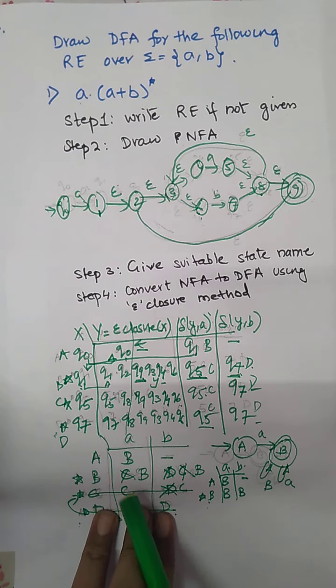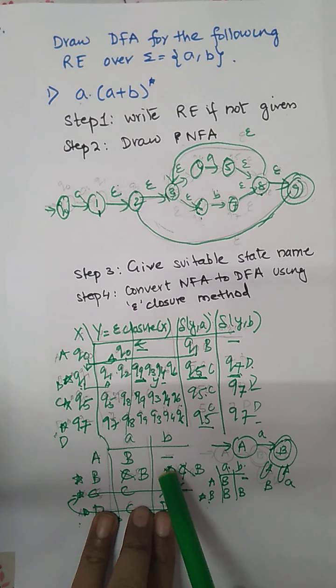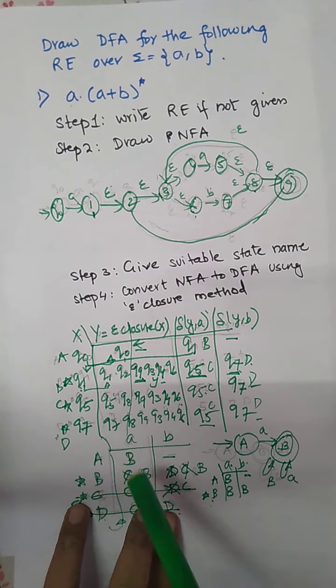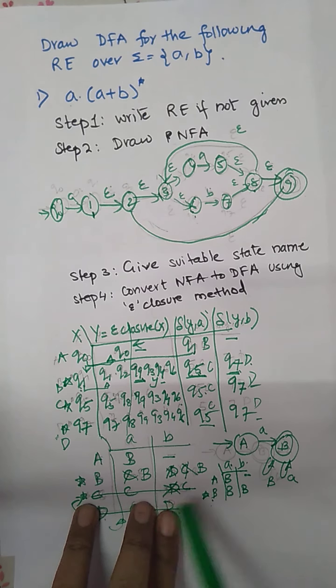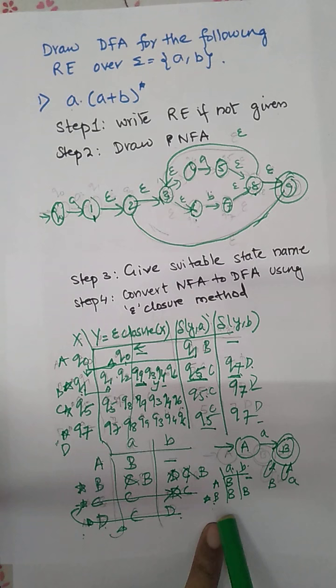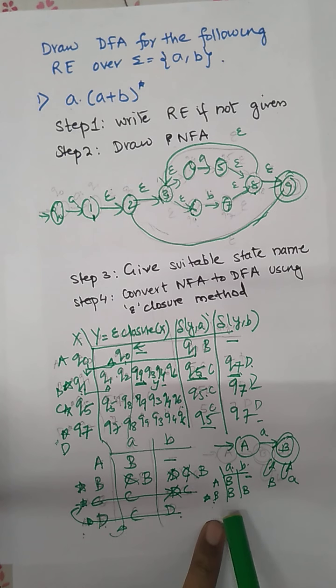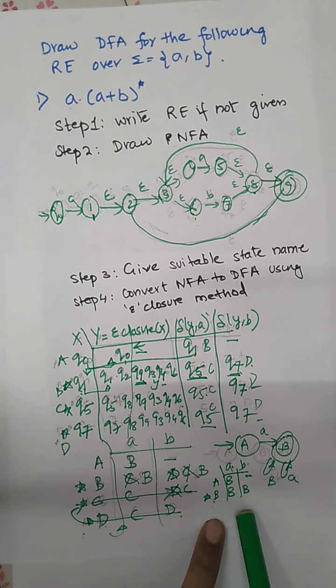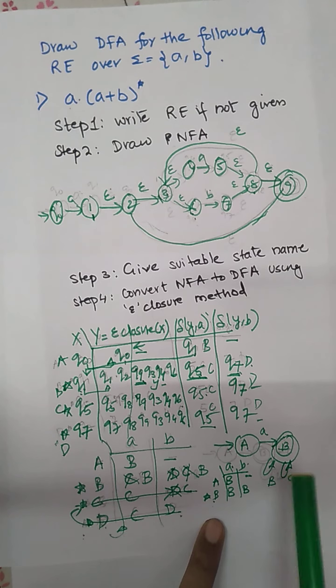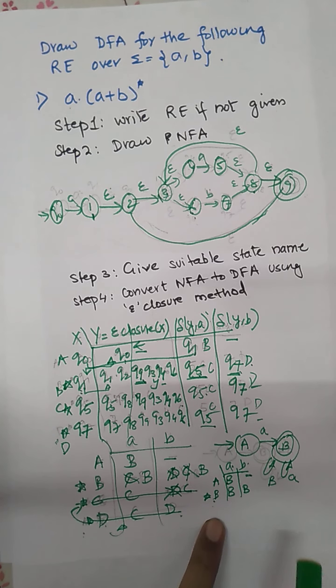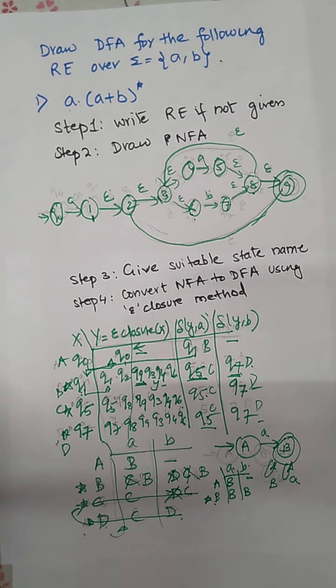Now after that we have CC and CC, and here also we have D. So these C and C are duplicate rows, so this C will be replaced by B. Wherever we have C, it is replaced by B. Any other duplication? Nothing. After rewriting, we got this table, which is the table for the DFA. Again check whether we can minimize it. We cannot minimize it further, so this is the final table for the DFA. From this DFA we have drawn the corresponding DFA. This is how we converted the given regular expression into a DFA.